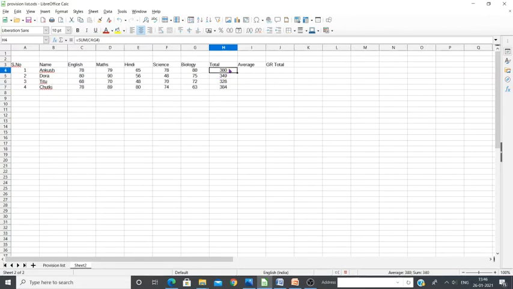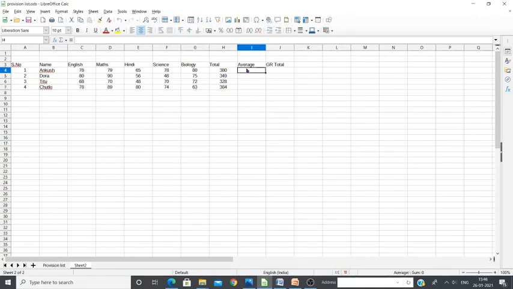We entered a particular formula, and when we copy it to the remaining cells, the cell addresses are getting changed. Here it is C5 to G5, here C6 to G6, and here C7 to G7. The addresses change according to each row, which is called relative reference.